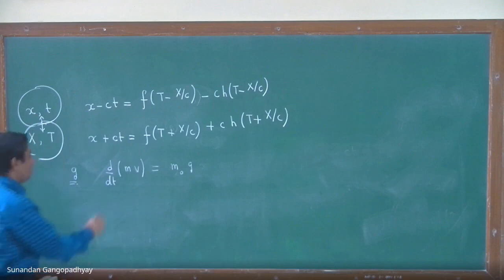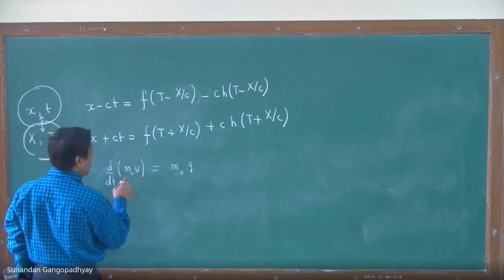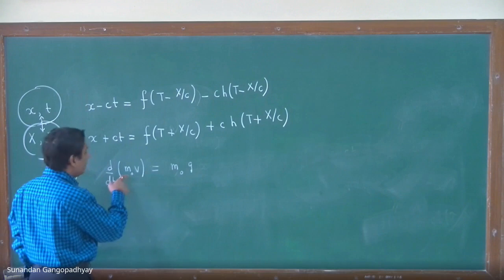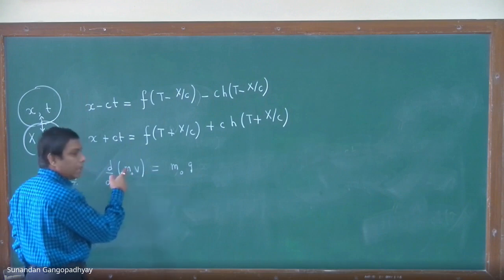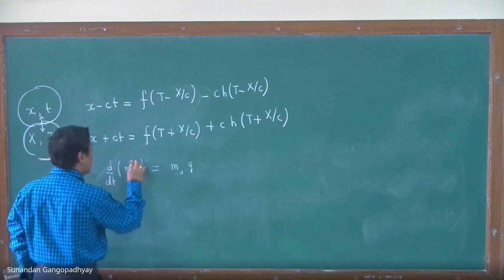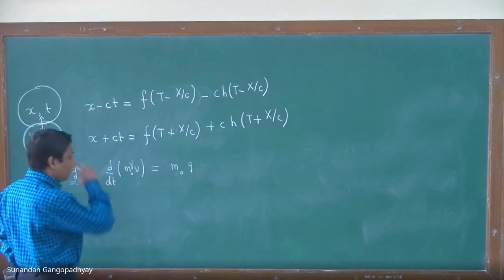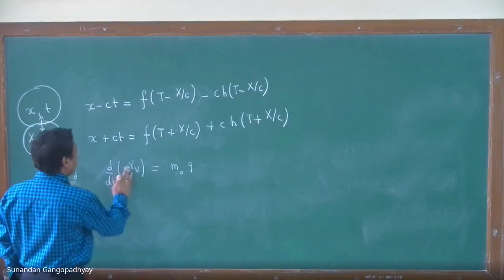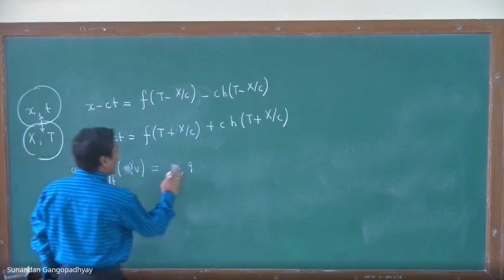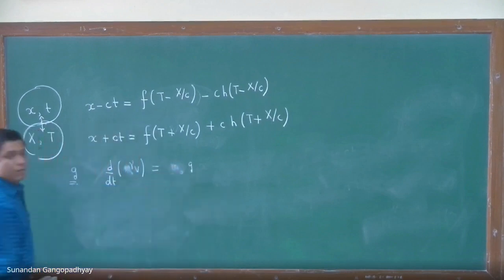If you take this, you replace m by the relativistic mass. So this relativistic mass is basically m naught times gamma, where gamma you know what that factor is. Gamma is 1 by square root of 1 minus beta square. Beta is v by c. So if you do that, then m naught will cancel,